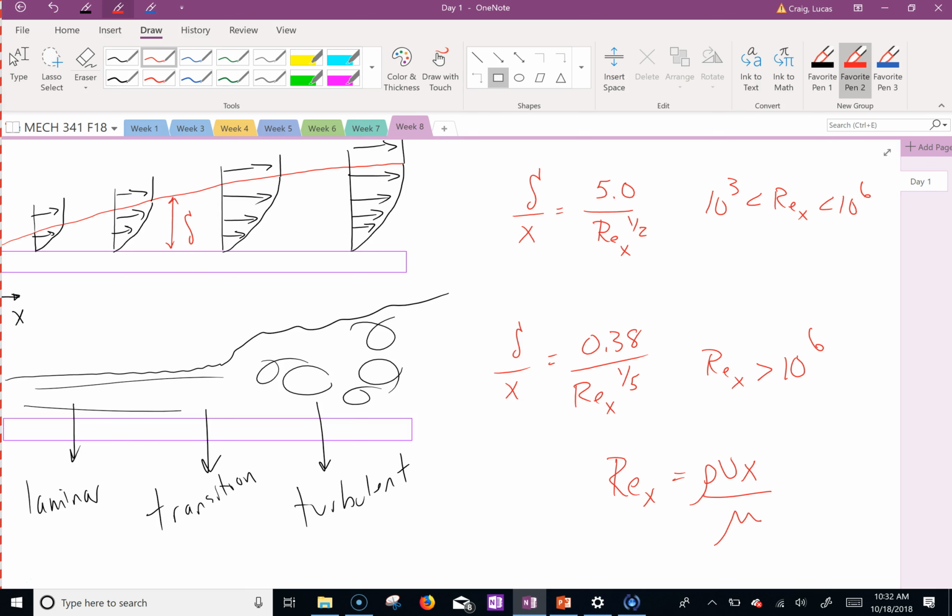The first homework problem has you plot the boundary layer underneath the kayak. So you have to figure out, is it laminar in this case? Is it turbulent in this case? And figure out what your delta is. And it's weird, they write delta over x. That x actually needs to be multiplied on the right. But this is how they write them in all the fluids books. It's weird why they do that, but they just do it.